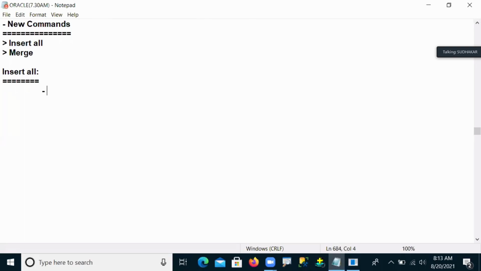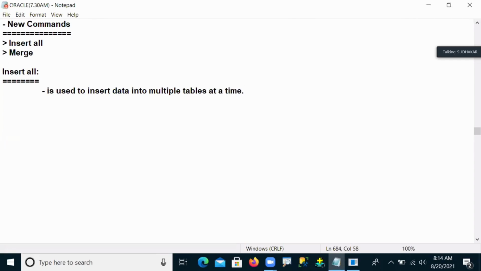The insert all command is used to insert data into multiple tables at a time.